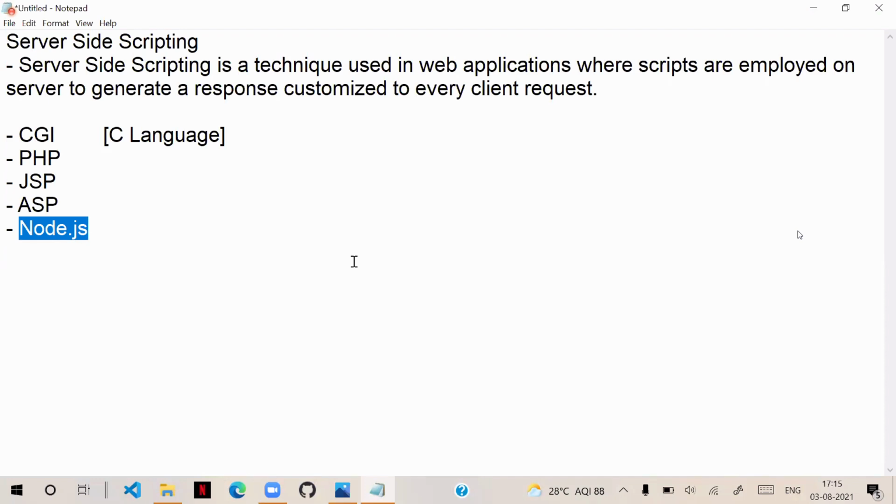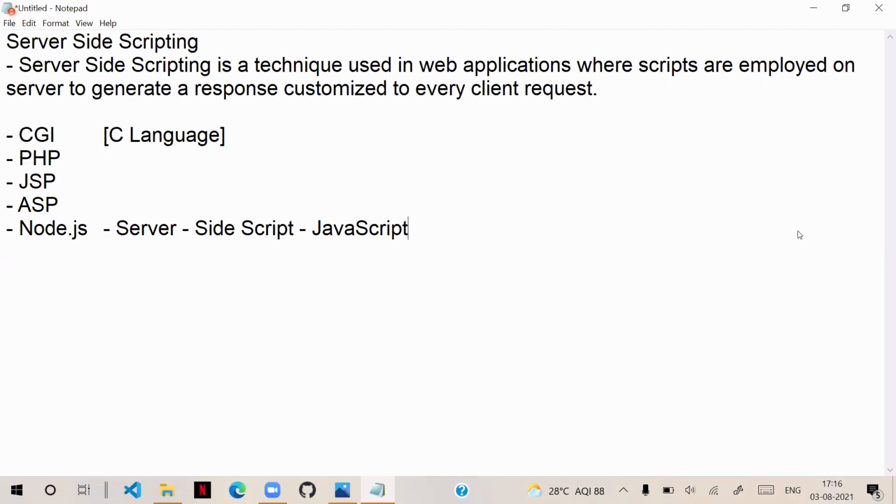The main purpose of Node.js is that it allows you to configure the server, create the server, and handle the request from the client. That's the reason many times people call Node.js a server. Node.js is not just a server. It is also used for server-side scripting, and for that it uses JavaScript. That means now you are going to use JavaScript as a server-side script. Earlier, you used JavaScript as a client-side script.